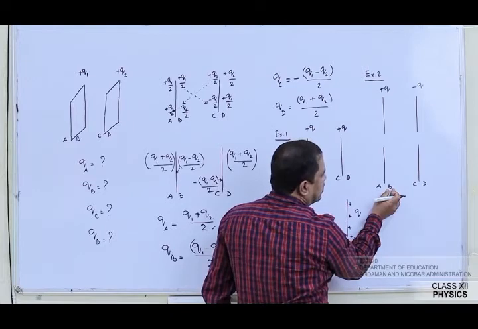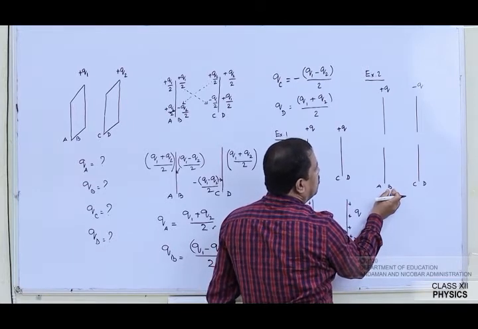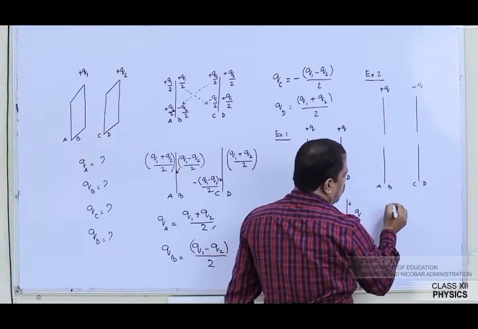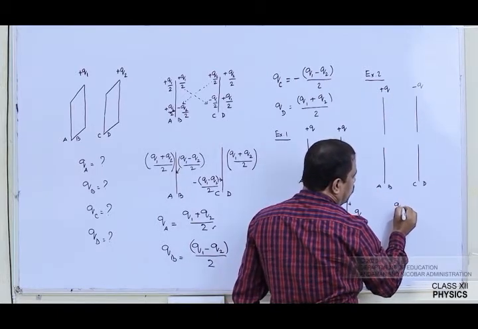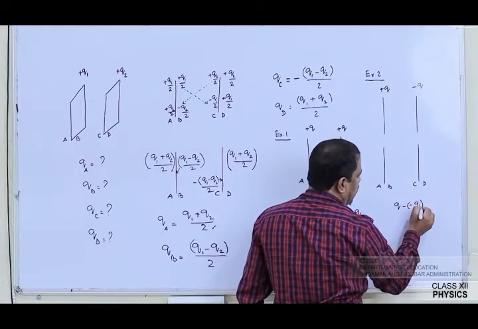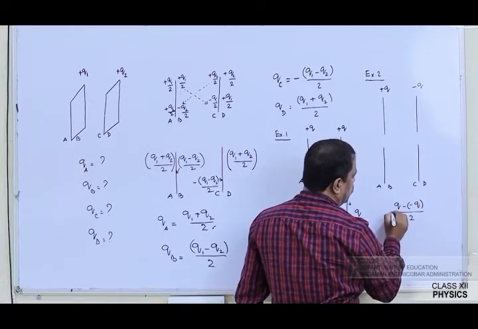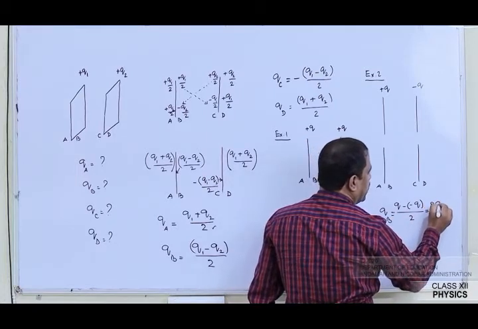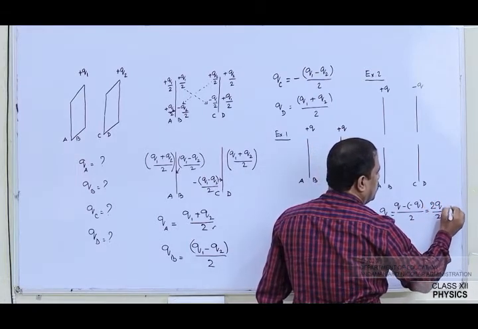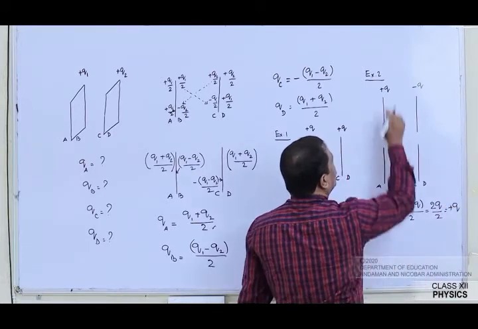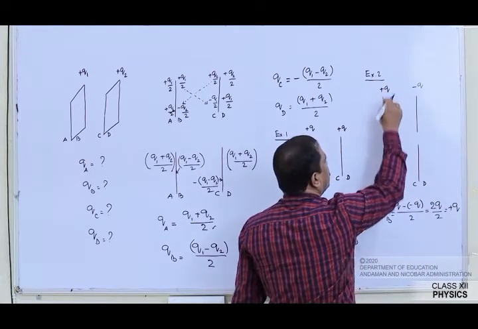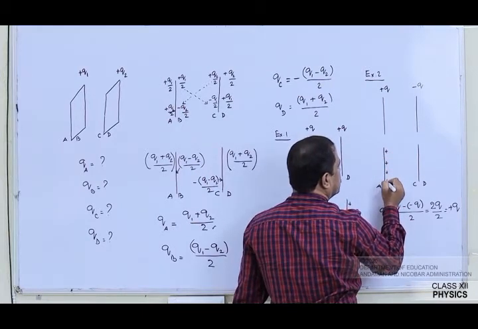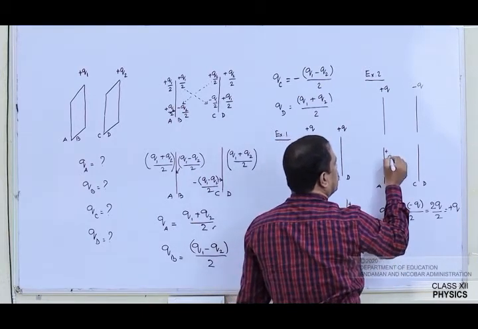On the inside surface, that is face B, it will be half of the difference of the two charges. So the difference of the two charges, Q minus of minus Q, and half of it, that is divided by 2. This will be QB for me, which comes out to be 2Q by 2, which works out to be plus Q. That means whatever charge you supplied to this plate, the entire charge is going to appear on the inside surface. So here it is plus Q.